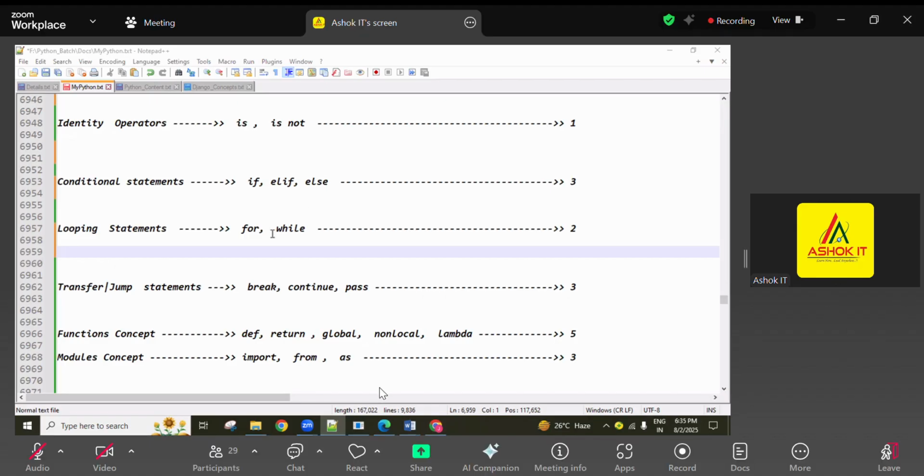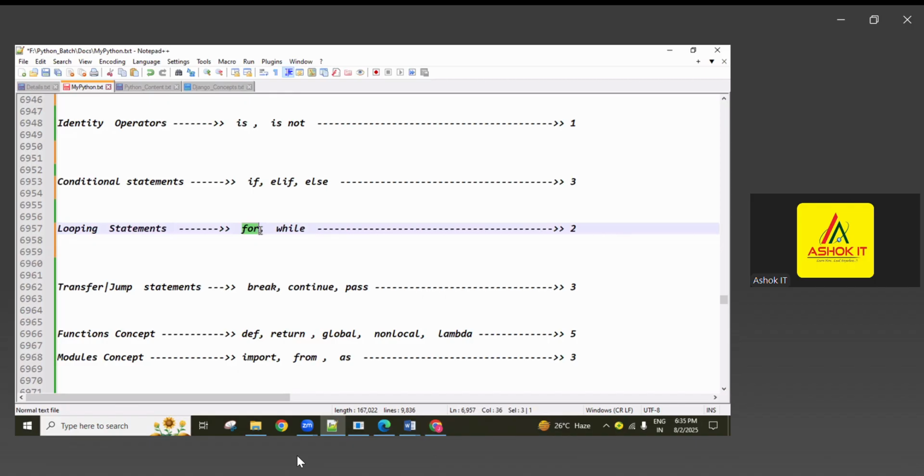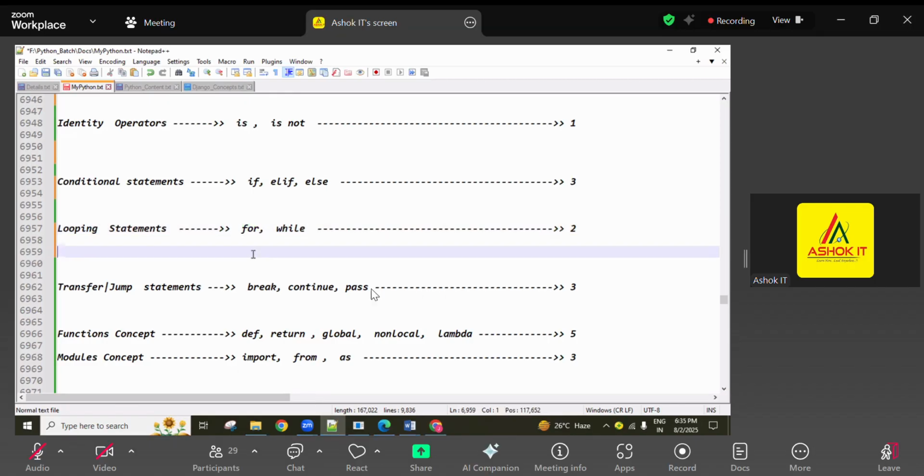The else block statements execute when all the iterations of the for loop execute successfully; only then do the else block statements execute. For example, I created a for loop with a range of 5 iterations. So all iterations